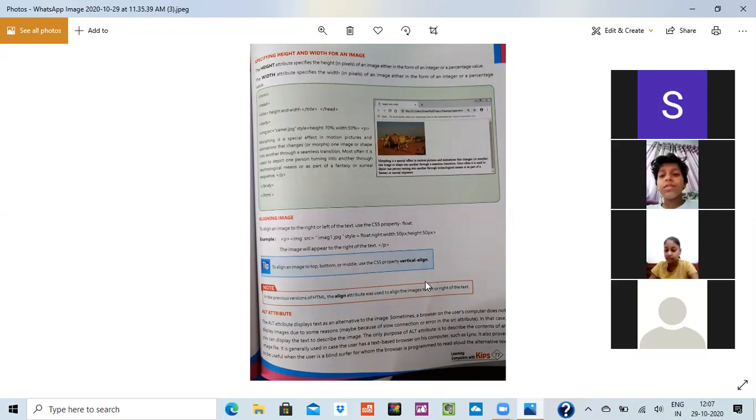So in that case, if you are not able to see the image, you can do one thing for some other purpose also. You just have to put a text over it and you can save the picture in it. So when you do the same thing, what would happen?